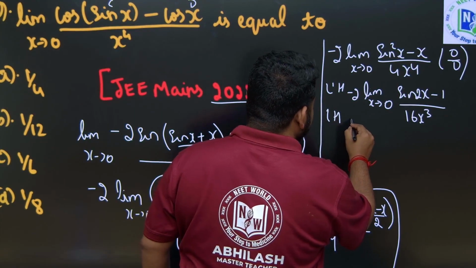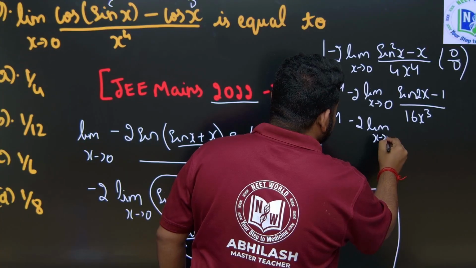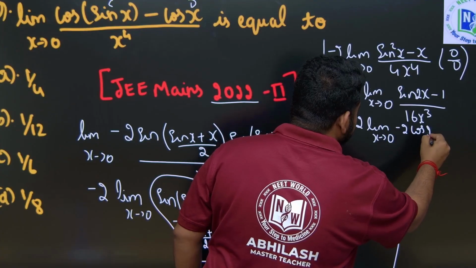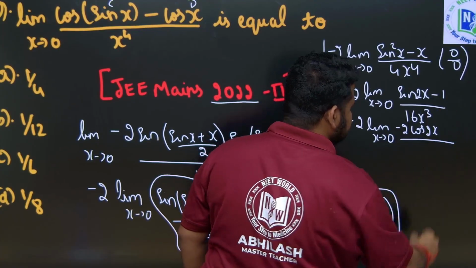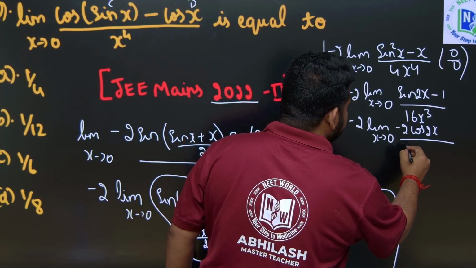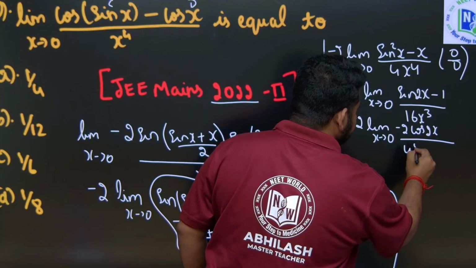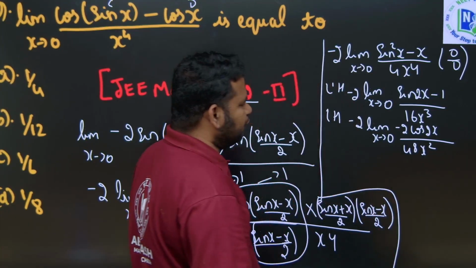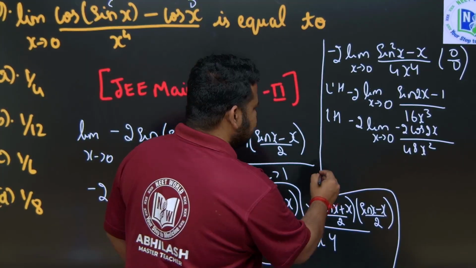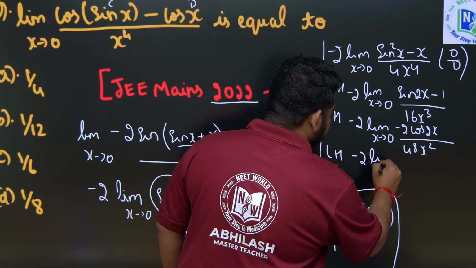If I apply L'Hospital's rule again, minus 2, limit as x tends to 0, derivative of sin 2x is 2 times cos 2x, minus the derivative of 1, which is nothing but 0. So this will become, 16 3s are 48x square, but here again x is there, so I should apply L'Hospital's rule again, no problem, let us apply. So this will become minus 2, limit x tends to 0,